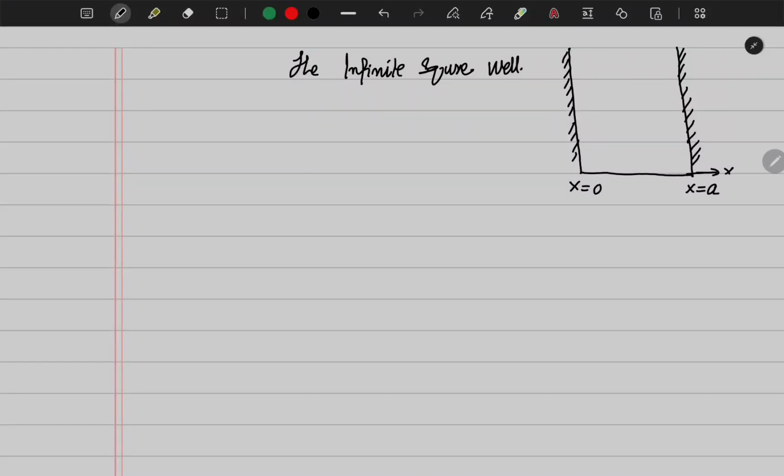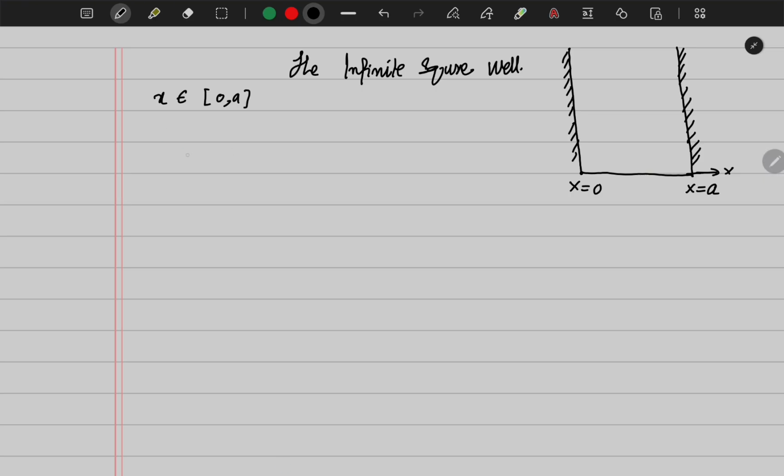Hello everyone. So today we'll talk about a very famous problem in quantum mechanics, a quantum mechanical system: the infinite square well. So the idea is we have a well which has a width between 0 and a. So x is between 0 and a, and inside the well the potential is 0, and outside of the well